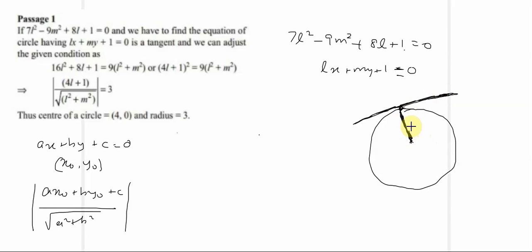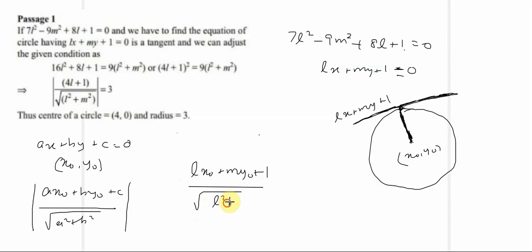And what this means is that this expression, when applied for, let's say this tangent is Lx plus My plus 1 and this point is x naught, y naught. So applying this formula for this line and this point, what we should get is Lx naught plus My naught plus 1 divided by root L square plus M square, which should be what is the distance here? Yes, of course, the radius. So we need an expression of this form, and that's what they're doing here.